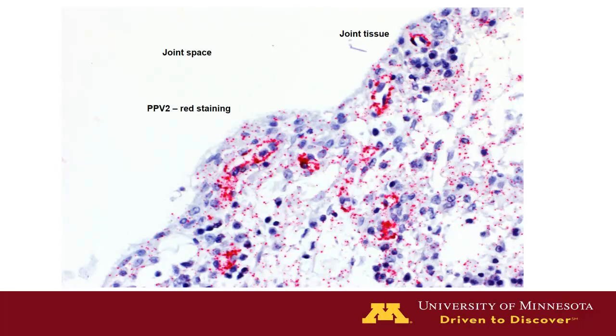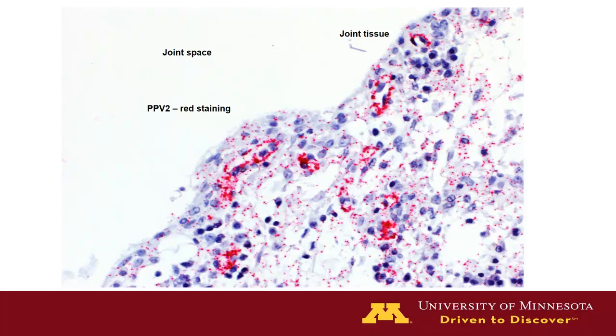So this is a picture of joint tissue. This would be the joint lumen. These are the joint cells, what's left of them, lining the surface of the joint. And this is supporting tissue for the primary joint tissue. The inflammatory process is mononuclear, predominantly lymphocytic and plasmacytic, lymphocytes and plasma cells, which are very typical of a virus